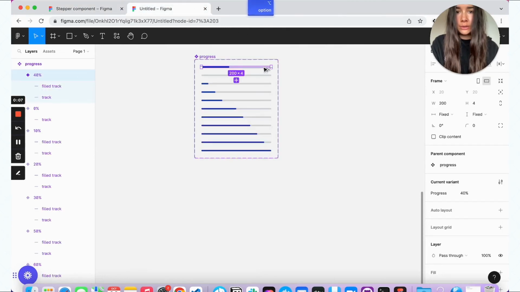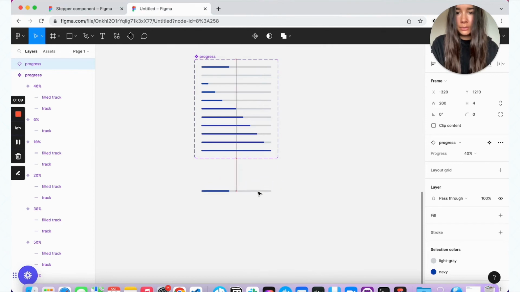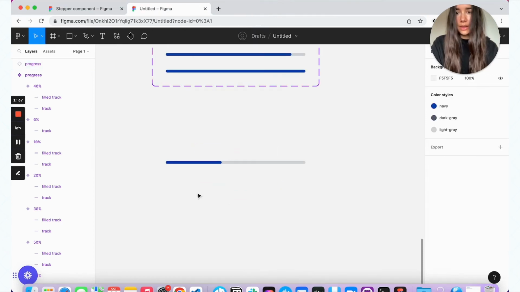So first what we're going to do, we're going to grab our progress. And maybe for this one we don't want to include the step title, just to not take too much space on a small screen, but we still want to have the step number and the total number of steps.